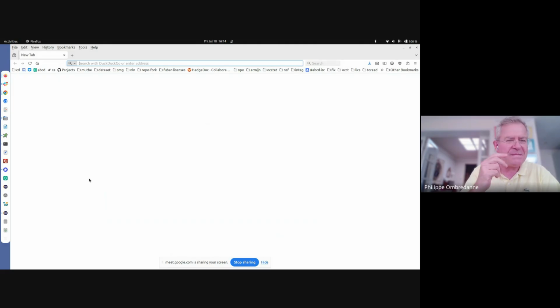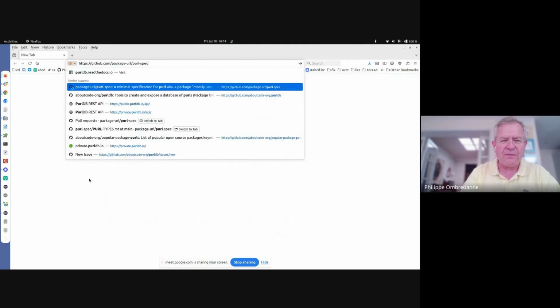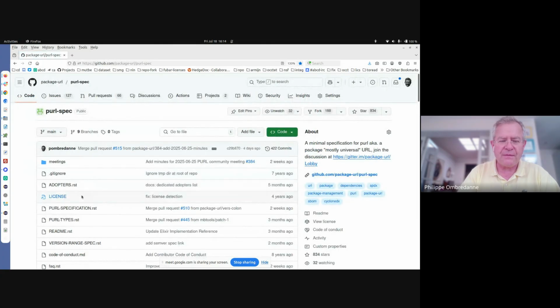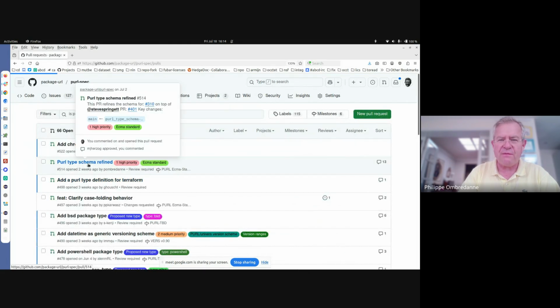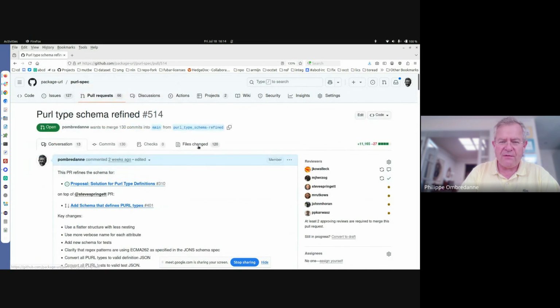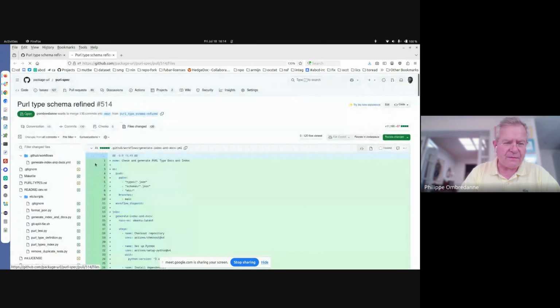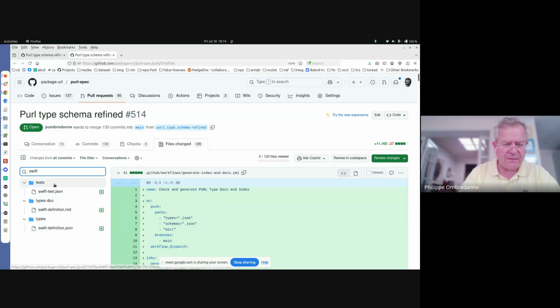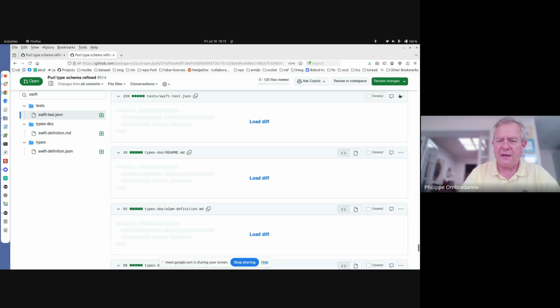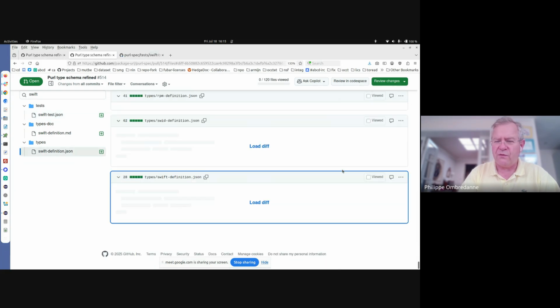PURL spec. Pull request. I have no idea where my pull request has gone, but at least we have it here. Files, Swift. That's for the test. I'm going to view the file there. When I look also later on at the test